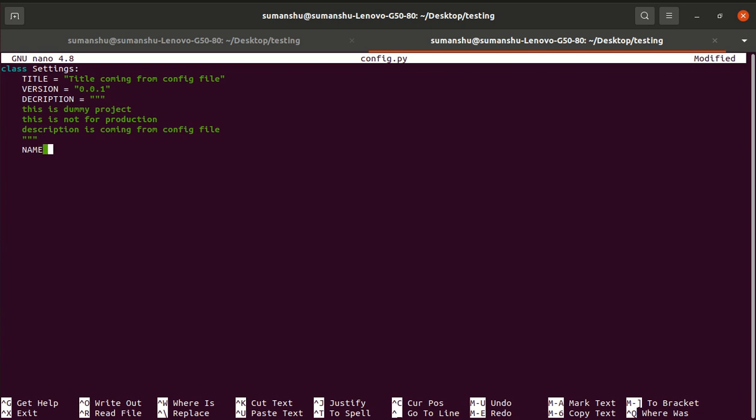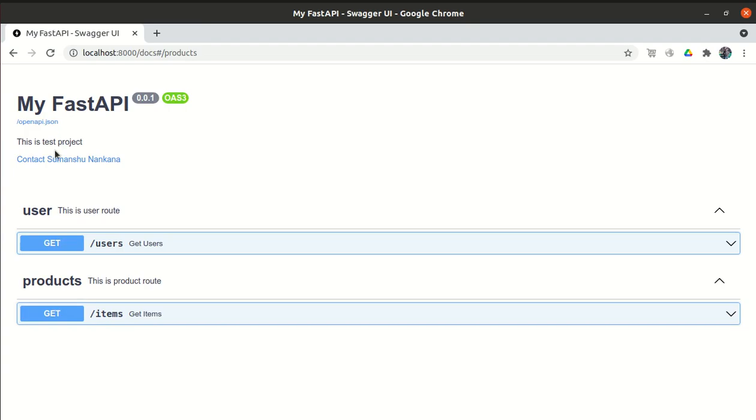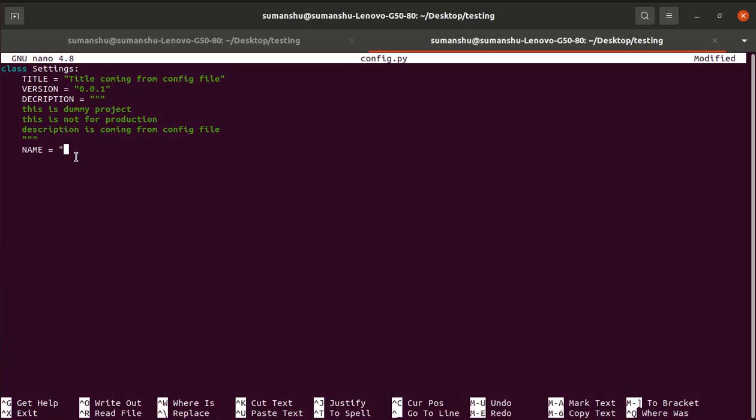We can set the name and the email as well. Whatever parameter we want, we can set here. Okay, so we have it like that.